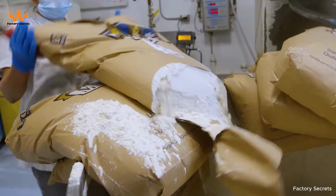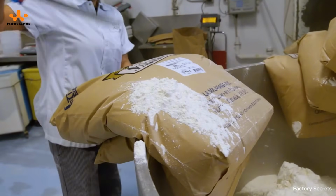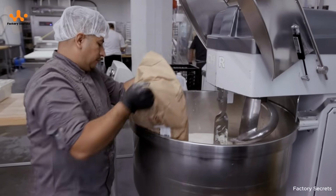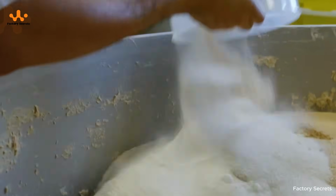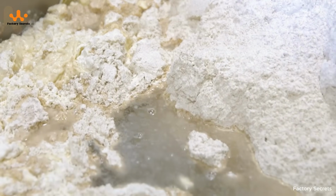When the high-quality flour bags arrive at the factory, they undergo a crucial step: dough mixing. In massive industrial mixers, the ingredients are combined with precision and care. The flour is mixed evenly with milk, salt, sugar, powdered milk, and finally, butter, the key ingredient that gives croissants